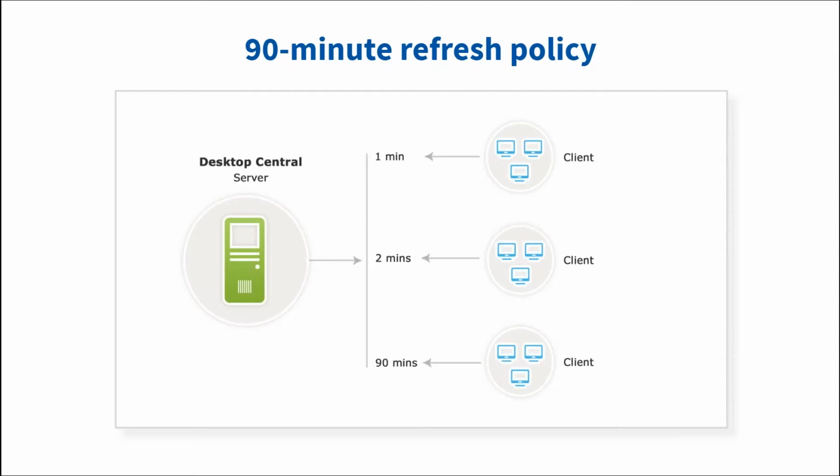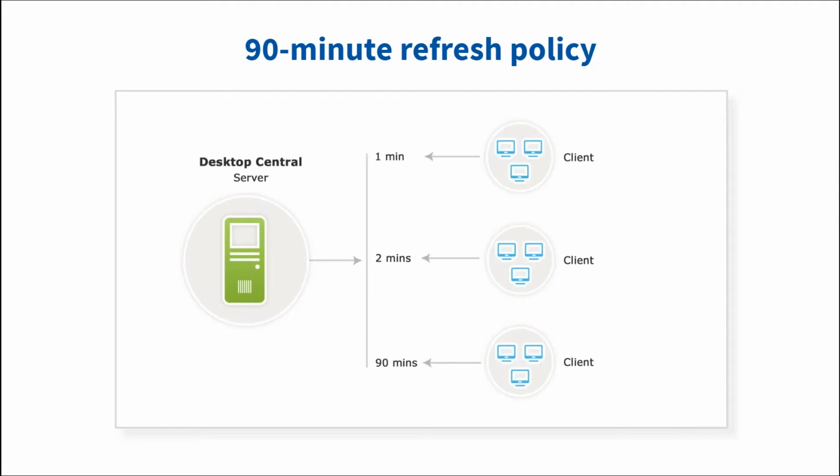This feature ensures that all the computers in the network contact the server regularly. Two important factors are ensured here. One, the network is not choked by the agent-server communication, meaning bandwidth is not disturbed by it. And also, the performance of the server is not affected at any time. The Desktop Central server itself has an intelligence to slice down the number of computers that can communicate with it